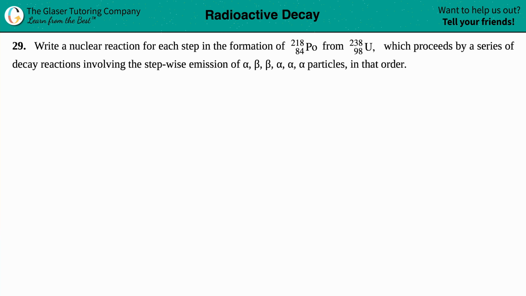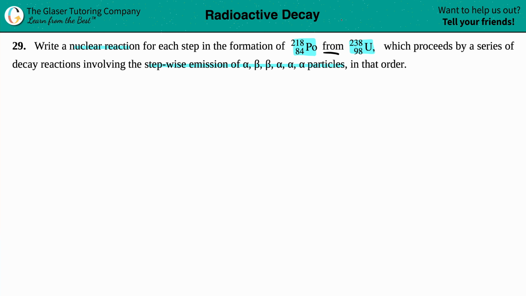429. Write a nuclear reaction for each step in the formation of 218 Po, so polonium, right, from 238 uranium. And this proceeds by a series of decay reactions involving the stepwise emissions of alpha, beta, beta, alpha, alpha, alpha particles in that order. So basically we have to write each step nuclear reaction. They tell us what we're emitting, and we want to form this at the end of the day, and we're